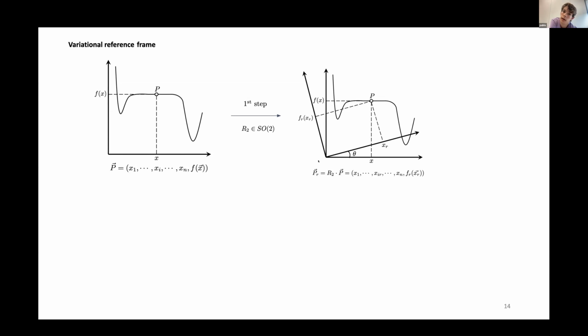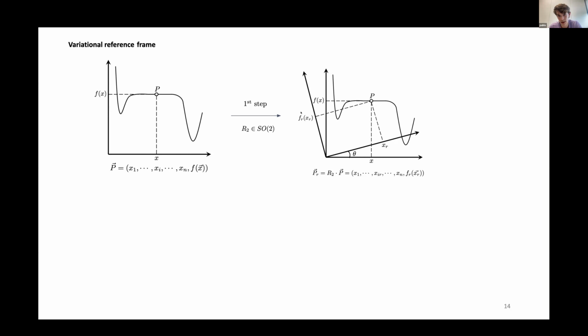And now it will be the variation of your reference frame. You see that if you describe your point in this original reference frame, you have this barren plateau, you have this local minima. But if you turn around your axis, if you flip it somehow, you will see that in this description, using again the cost function as a variable itself, you will not suffer from this barren plateau, because along this axis, that I call X rotated, this is no longer a barren plateau. So you can really perform variations on this F